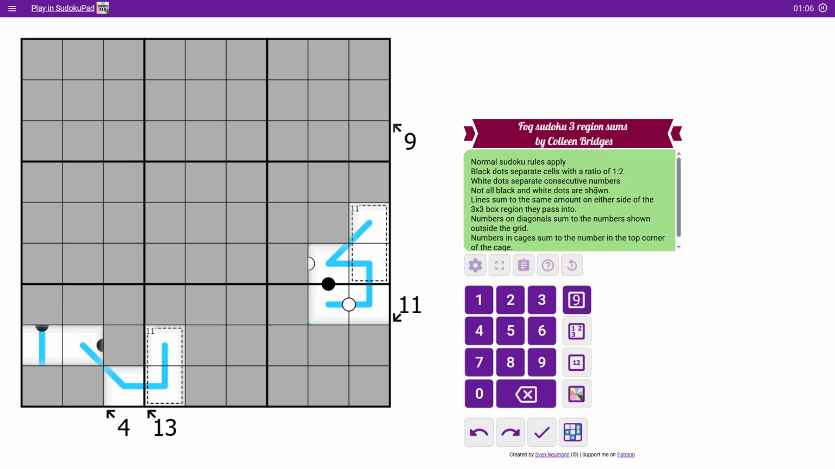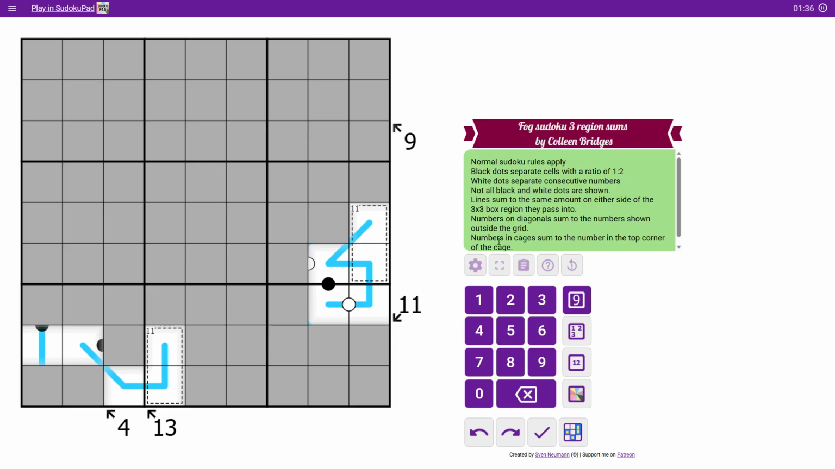White dots separate consecutive numbers. That's a different one we haven't used yet. Anything with a white dot, if there's no number in it, means that they differ by 1. If there's a number, like a 2 or a 3, that would mean those 2 numbers differ by 2 or 3. But if there's no number in there, it just means they differ by 1, which means they're consecutive numbers. Not all black dots and white dots are shown in this Sudoku,